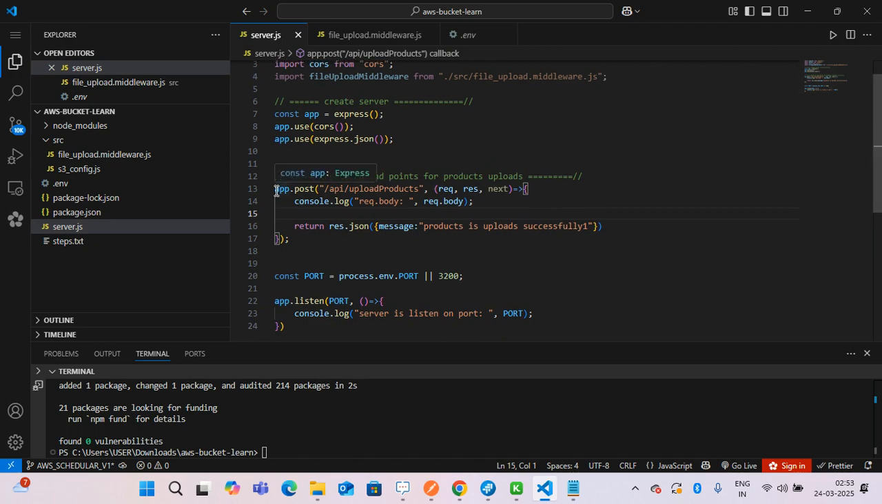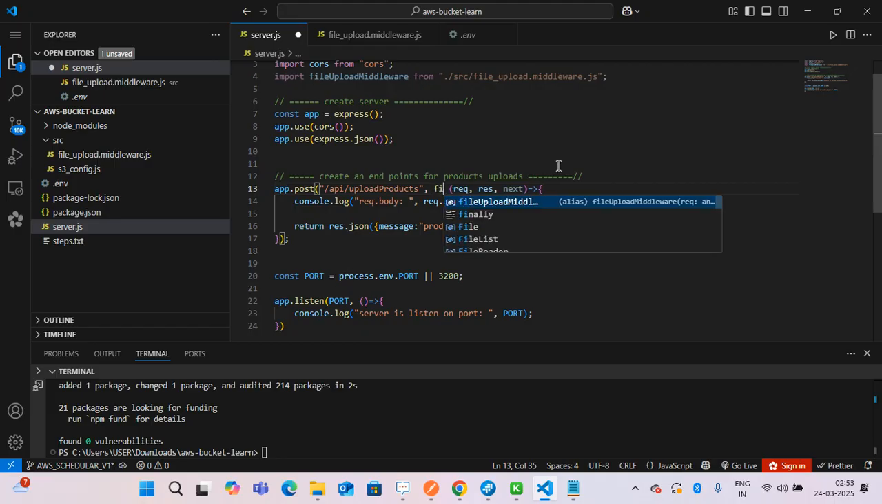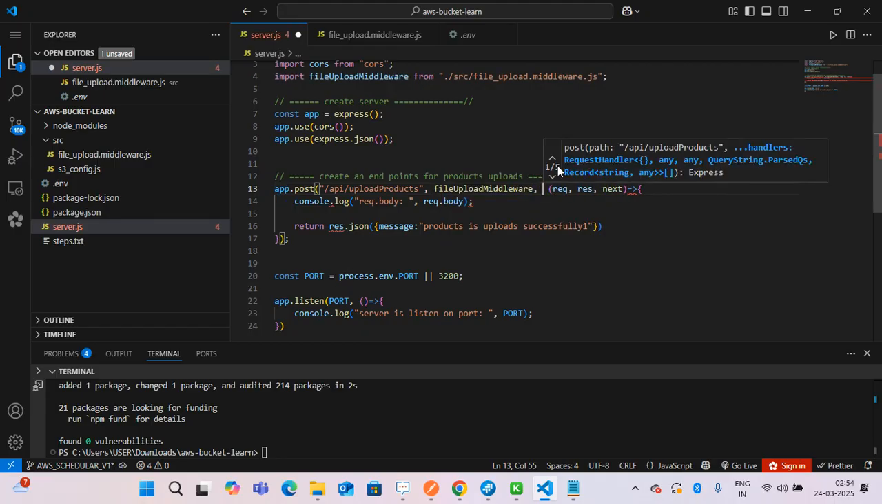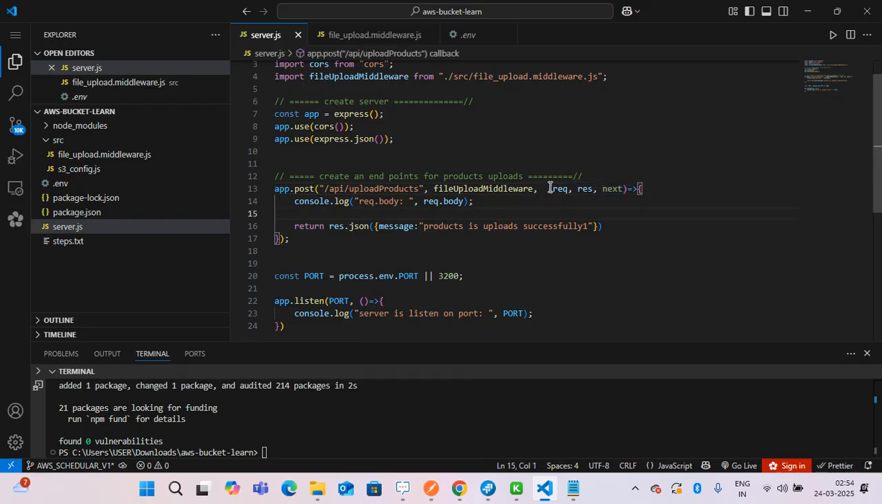So first of all, app.post request comes to hit this URL. After hitting this URL, we'll use this file upload middleware. After file uploading, it passes control to the next middleware. The next middleware gets control in this request-response callback function. So inside this callback function, we'll log this request body, and after that we can also set this